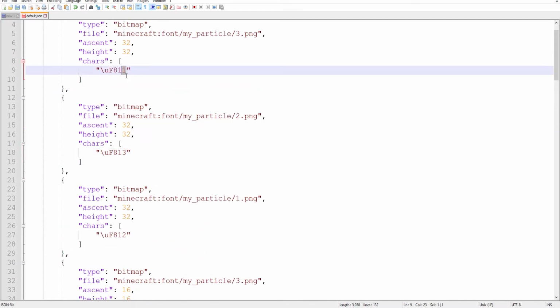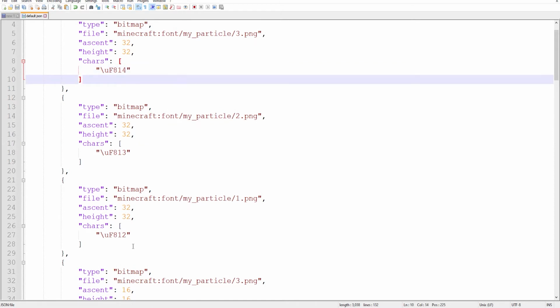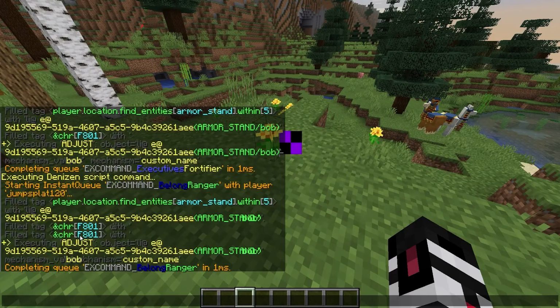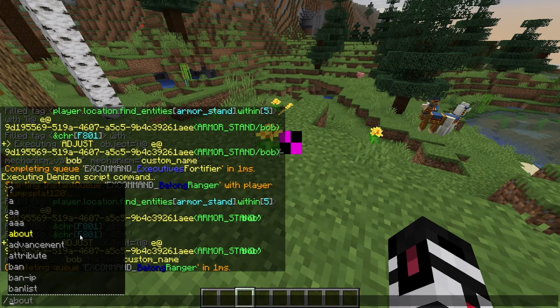So that's 13, 14, and 15. No, sorry, 12, 13, and 14. So 12, 13, and 14 are our big versions of the particle. 9, 10, and 11 are the medium-sized version. I could make a small. You get the idea. And it's important to make sure that any particle you're using in-game isn't already an actual